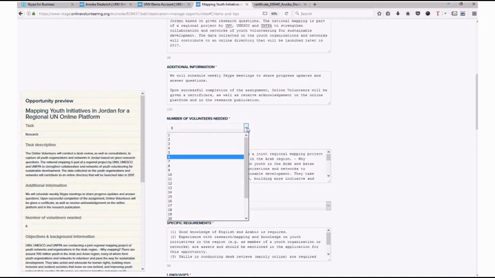For translations, what works really well is to ask for two volunteers, one volunteer to do the actual translation and a second to proofread this translation before your office then does the final review and validation of the translation. For other tasks, such as research that you can break down into smaller areas, you can ask for a larger